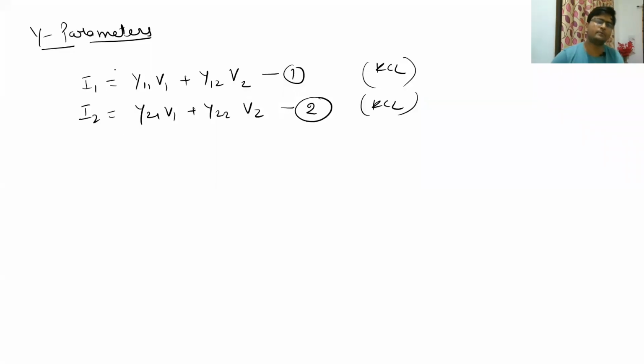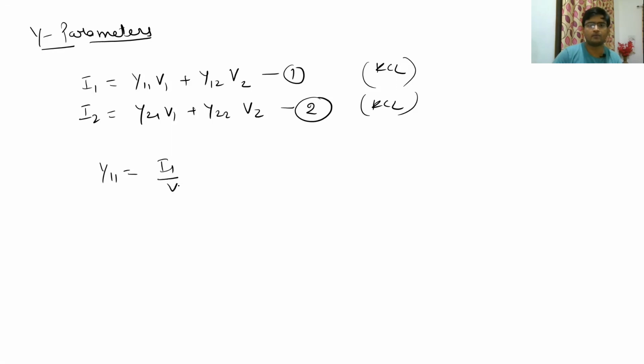Now, similar to the Z parameters, Y parameters also have two equations. Here I1 and I2 are dependent variables, and definitely V1 and V2 are the independent variables. So the Y parameter is also called the admittance parameter. Obviously, because all these Y's are admittances whose unit is mho, and in the previous case, all those Z's were impedances whose unit was ohm. Using a similar approach as in the previous case, we can find the values of all these parameters.